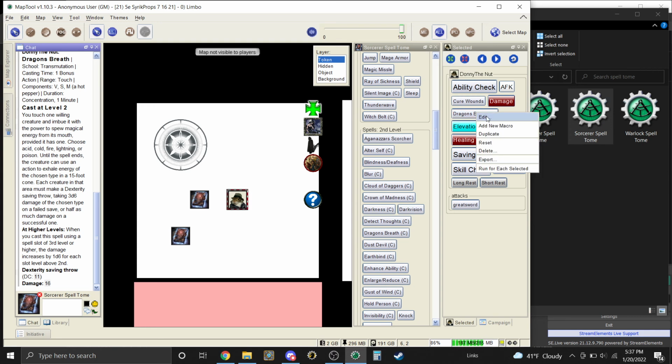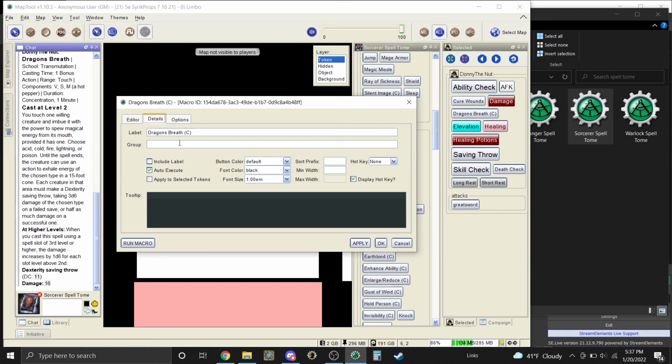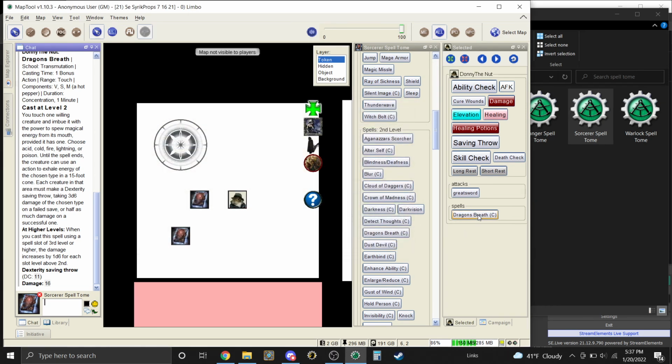You can also arrange your spell macros the way we did with all of the other macros. So, if you would like to put in spells, simply put a spell grouping, hit apply, and hit OK. And now it is in its own category, called spells. Now, if we hit it again,